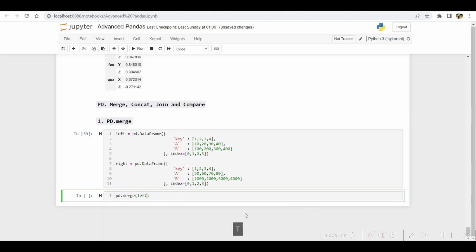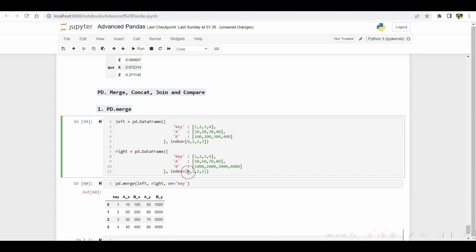So we'll do left and right, and you have to also pass on what basis you want to merge this. So you have to pass this on parameter as well, and you pass the column name. Okay, so if you do this and run,